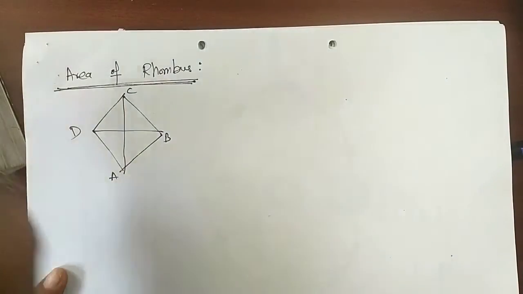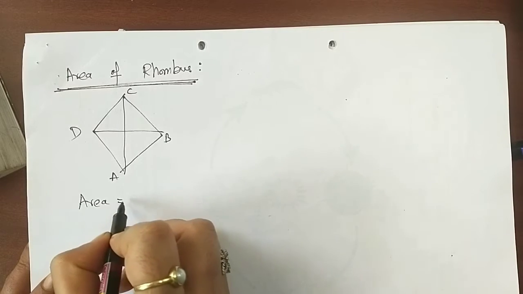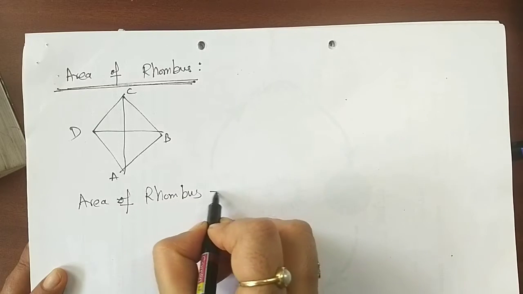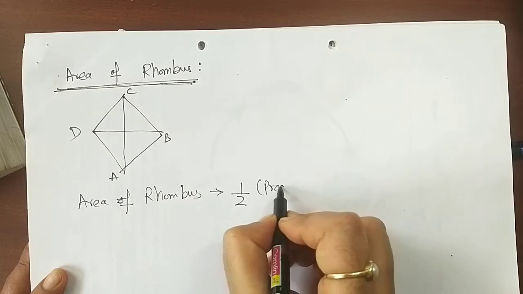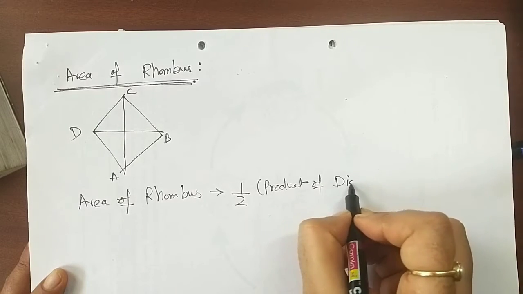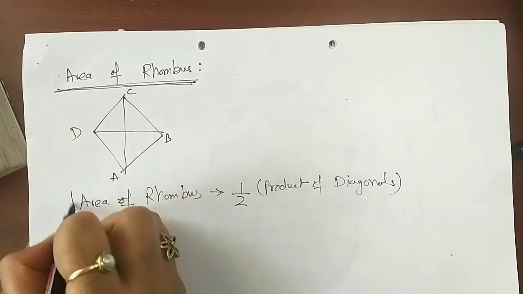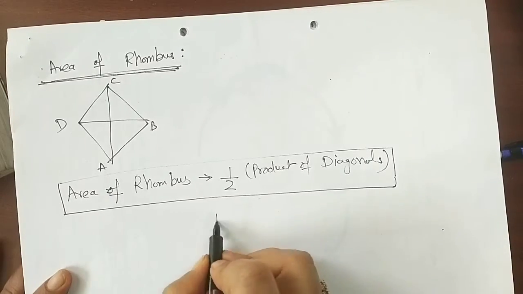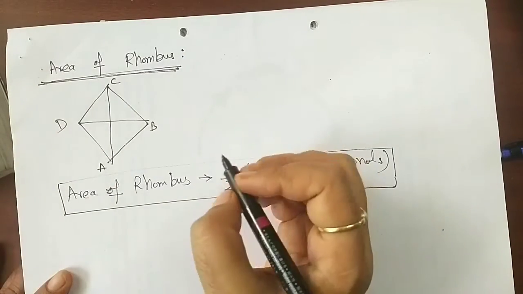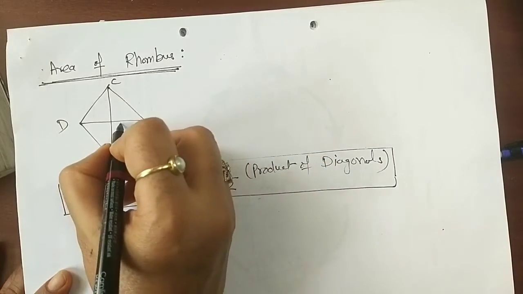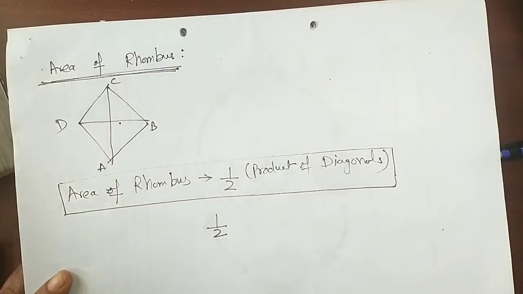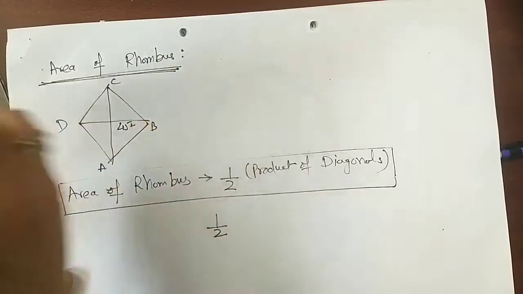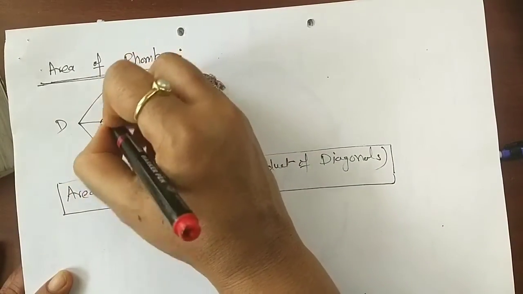So, guys, write down in your formula notebook, area of any rhombus is 1 by 2 product of diagonals. Okay, this please write down in your formula notebook. It will help you later to refer. So 1 by 2. What were the diagonals that we had calculated, guys? The one was 4 root 2, right? One diagonal was 4 root 2. The other one was 6 root 2, if you remember.